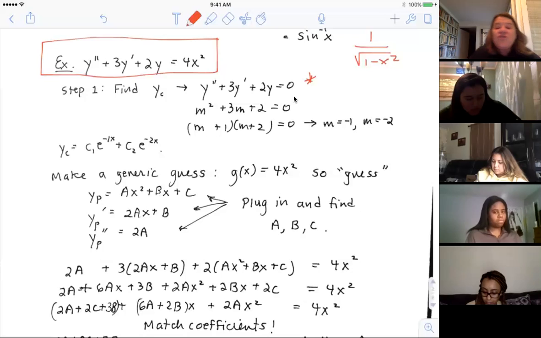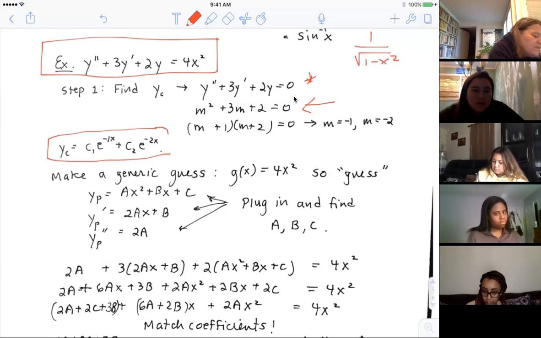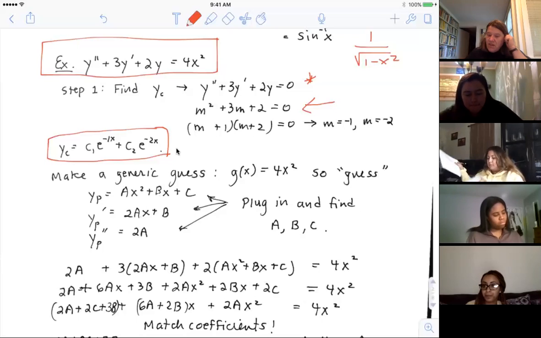I'm just going to cut to the chase on the characteristic equations, guys. We know that the characteristic equation here is m squared plus 3m plus 2. If I factor that, I'll get 2 roots. They're distinct roots, -1 and -2. That tells me that the yc, or the homogeneous solution to the associated homogeneous, is this one right here. Remember, you put in the roots, e to the -1x and -2x. That's what the homework is on Friday. Solving that characteristic equation and then writing out what the yc is.